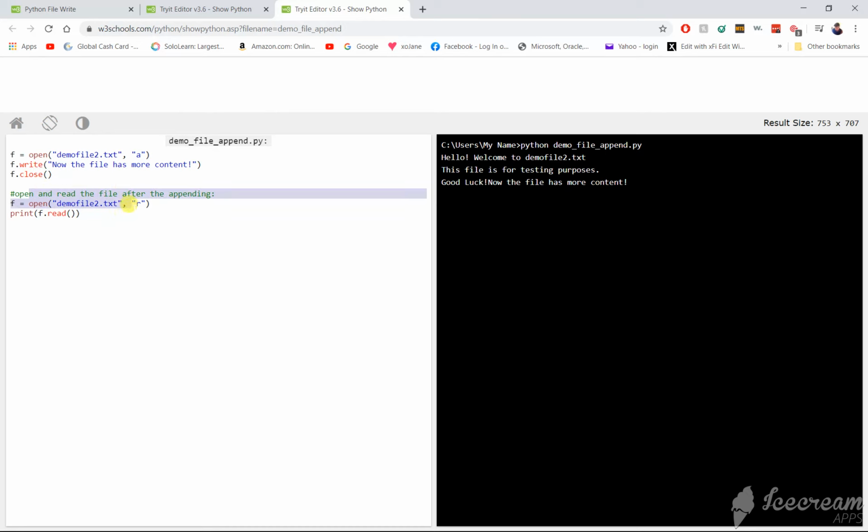Alright, and now open and read the file after appending. Maybe I should have used an ice cream analogy. Whatever. Open and read the file after the appending. Okay? So first we got to go through this, then this is going to make more sense. So f is going to be